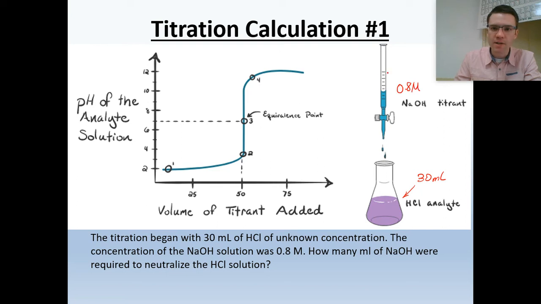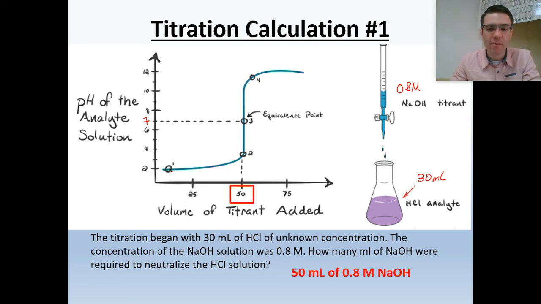It might be worth you just writing a diagram here. How many milliliters of sodium hydroxide were required to neutralize it? Well, I just go to my graph, find the pH of 7. I go down and I'd say, well, that's my 50. We had 50 milliliters required. So I would answer that 50 milliliters of 0.8 molar NaOH were required to completely react my 30 milliliters of